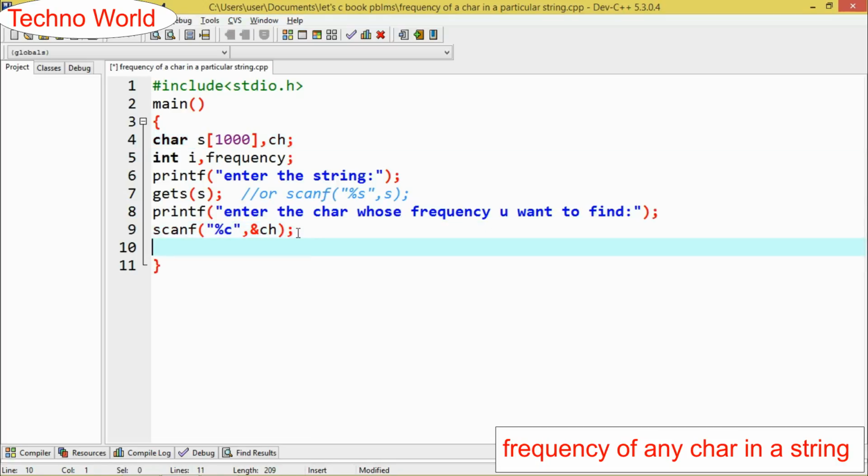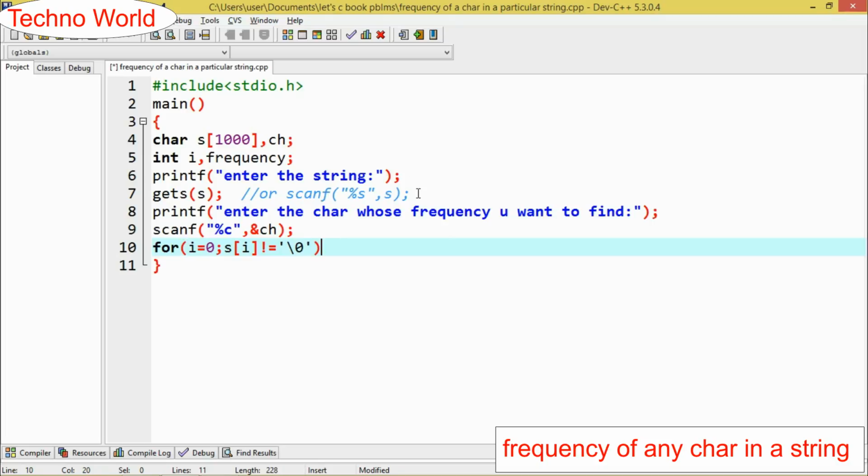Then I want to use a loop, that's a for loop. So for i equal to 0, s[i] is not equal to backslash 0. Why I have used \0 here? The need of \0 is to detect the endpoint of any string, any word.